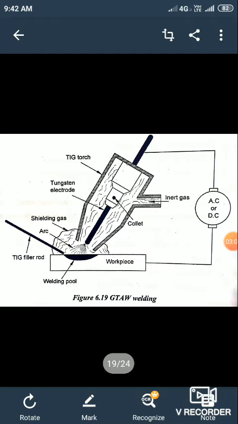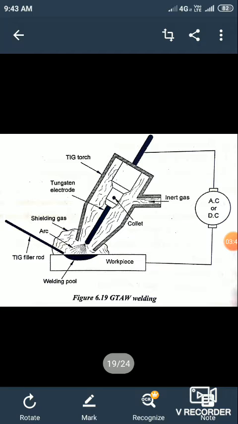Filler metals may or may not be used. When a filler metal is used, it is fed manually into the weld pool. The electrode used in this process is tungsten. It has a high melting point, around 3430 degrees Celsius. Therefore, it will not be melted during welding. The nozzle or shield size to be chosen depends on the shape of the groove to be welded, as well as the required gas flow rate. The gas flow rate depends on the position of the weld as well as its size.